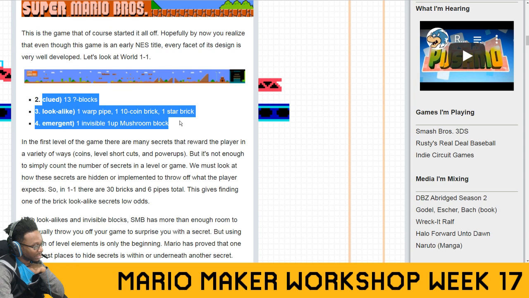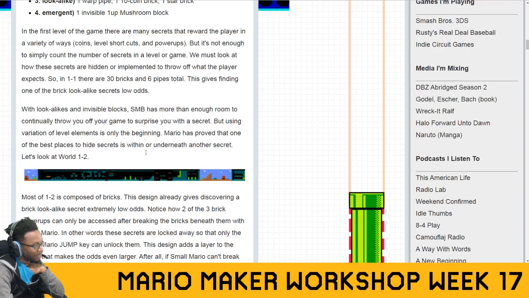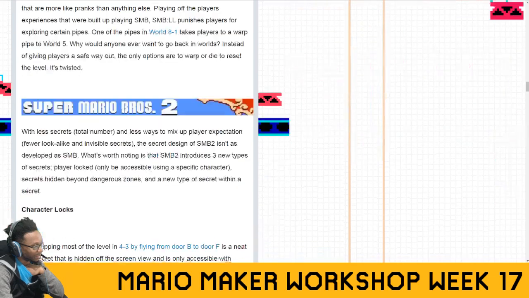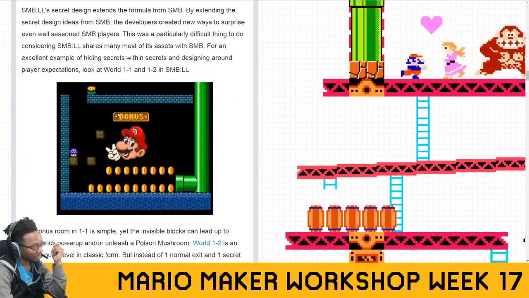So yeah, this is your breakdown for the first level in all of Mario, right? It's got lots of secrets, actually. Then I describe it, and then 1-2 has this breakdown. I describe that. And then I talk about the lost levels and how they expanded on bonus room secrets and putting secrets behind a secret. This is pretty much what lost levels...